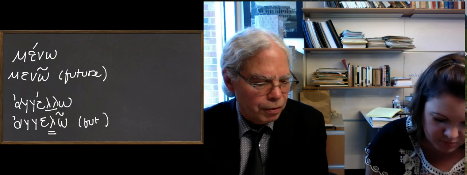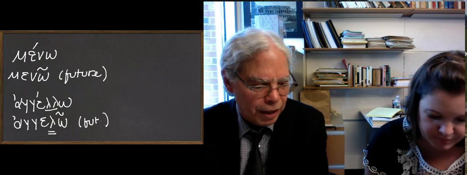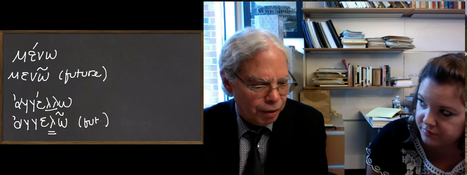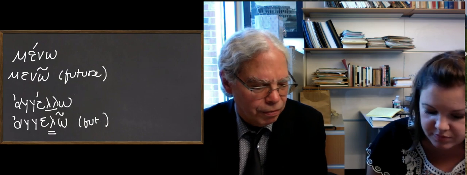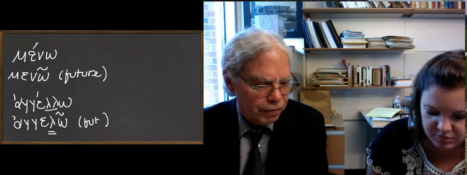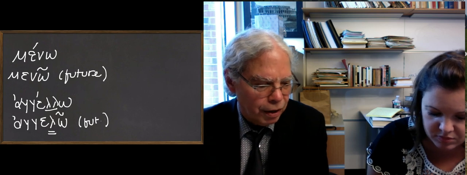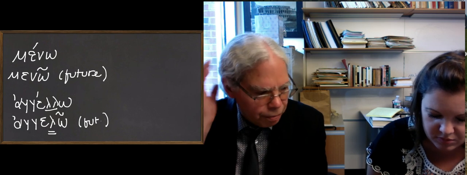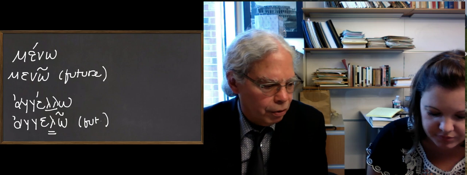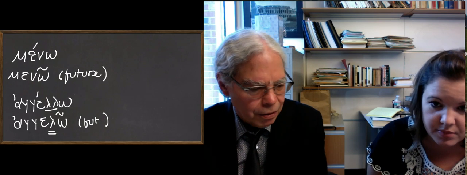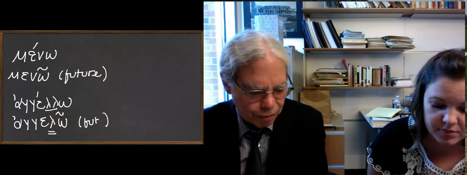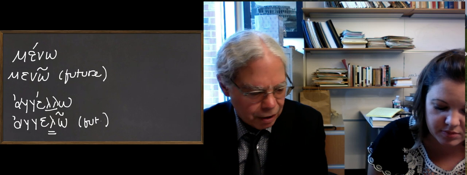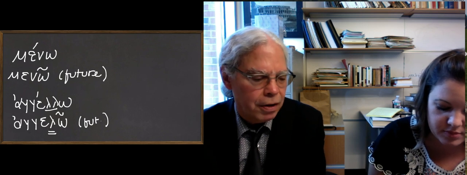That's because the present is formed on the base of the stem, which only had one lambda, and the doubling of the lambda gives you a present. It was originally a suffix there. So we go back to the original stem, but also you're ending with an L in this case, and you've got an omega. So the principal parts list just give you meno and angelo, and you have to know from me telling you or something else that it's an epsilon contract and not an alpha contract.